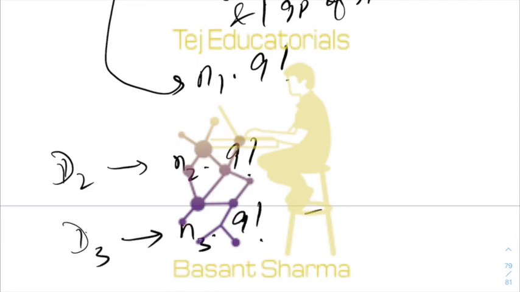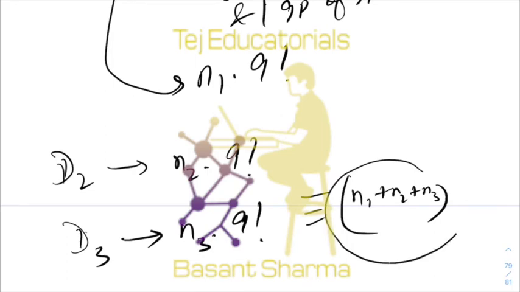So finally you will get N1 plus N2 plus N3, which denotes the total number of ways in which you can form 9 groups. Once you have formed the different groups, distribute them amongst 9 persons in 9 factorial ways. This is your answer.